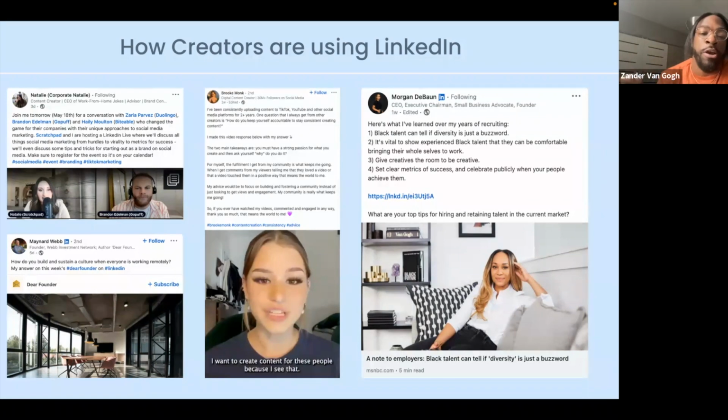But the key about sharing these articles and these other thoughts from other folks is we also want you to share your perspective, what you got from it. If you're just posting an article, you're just reposting. We also have a repost feature now on LinkedIn, instead of sharing. But what we would encourage you all to do is to not just repost, but give us your perspective on why you reposted it. What was interesting about this article for you? What did you learn from it? What was your takeaway, in order to make sure that the audience is getting your genuine voice around what you are resharing as well.